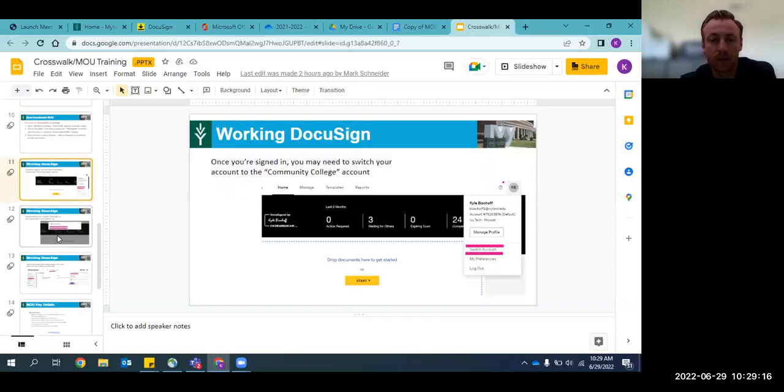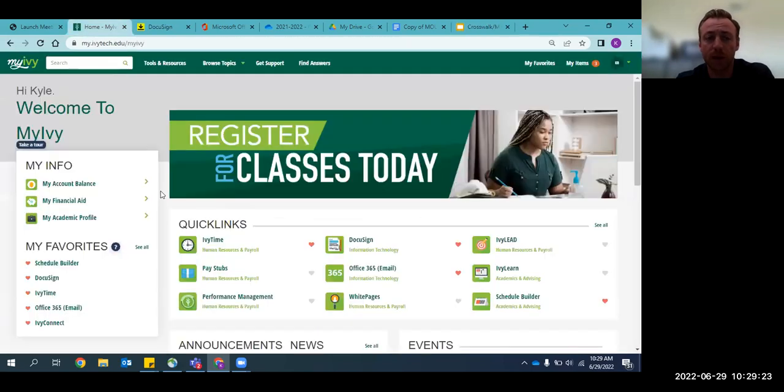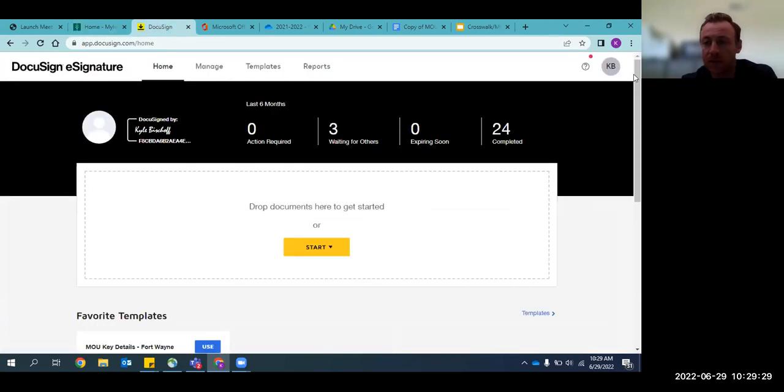The next couple slides, I just took some screenshots over what I'm about to go through, so you have them for reference. But it's really pretty straightforward. The only thing people get tripped up on, and I'm glad Kim showed you all where to find the DocuSign in your My Ivy, is once you're actually there,